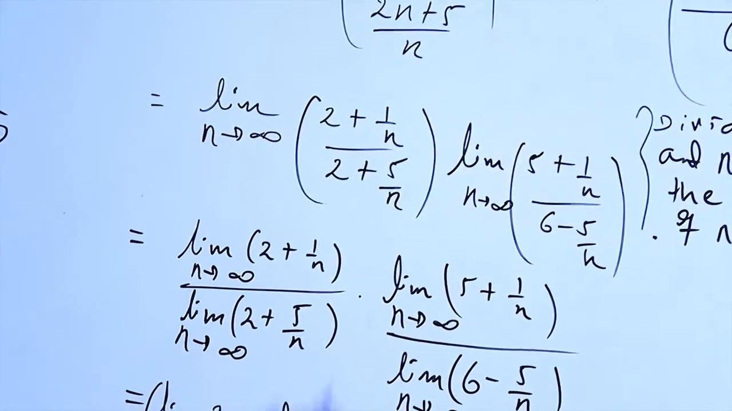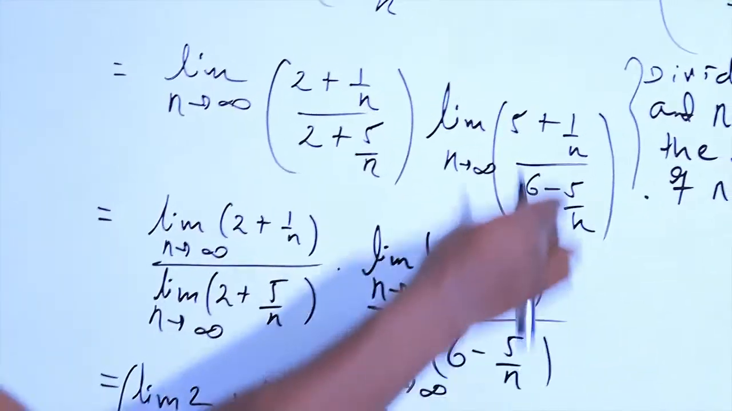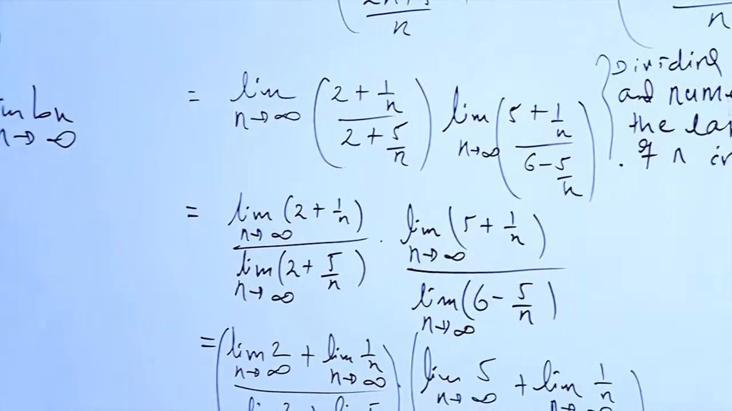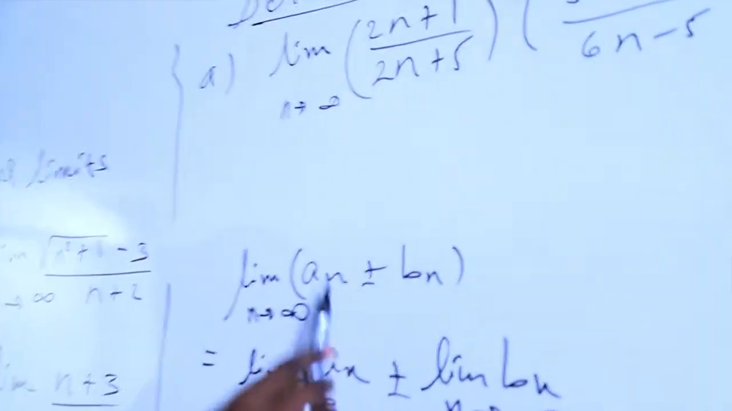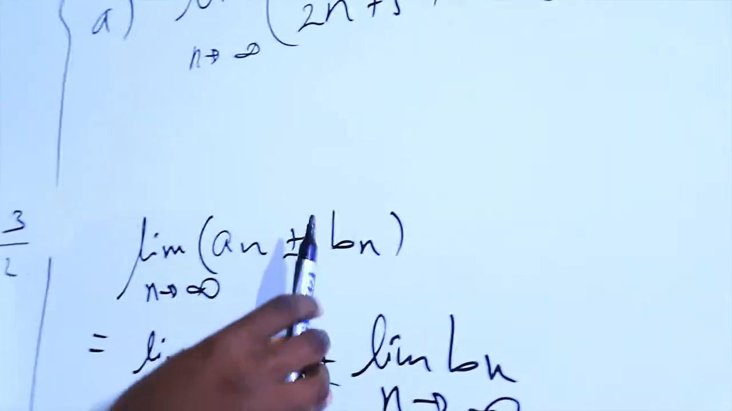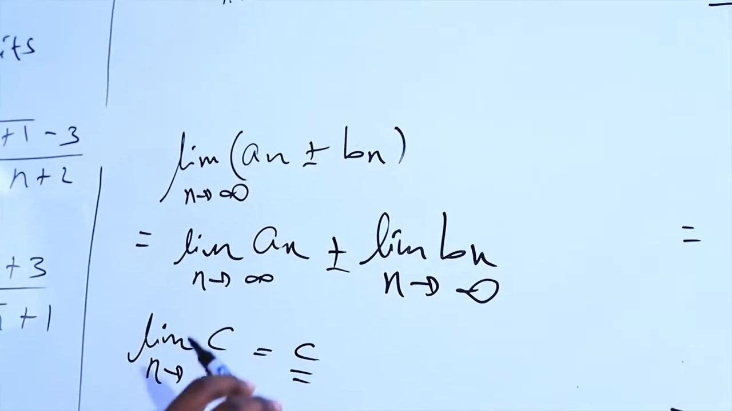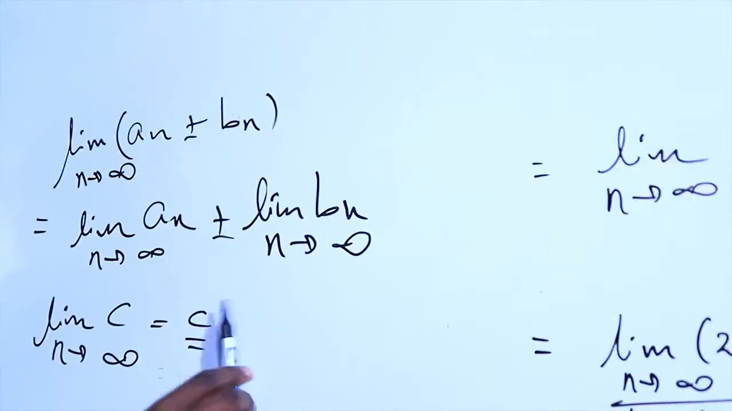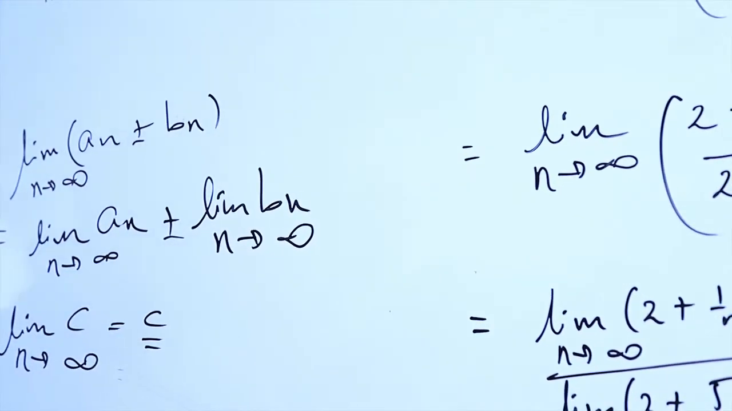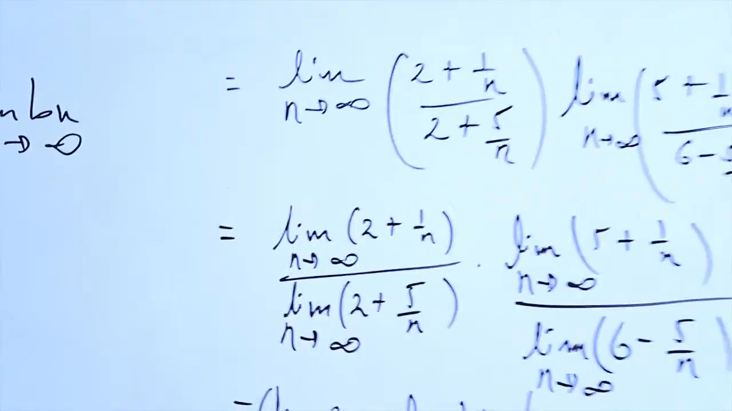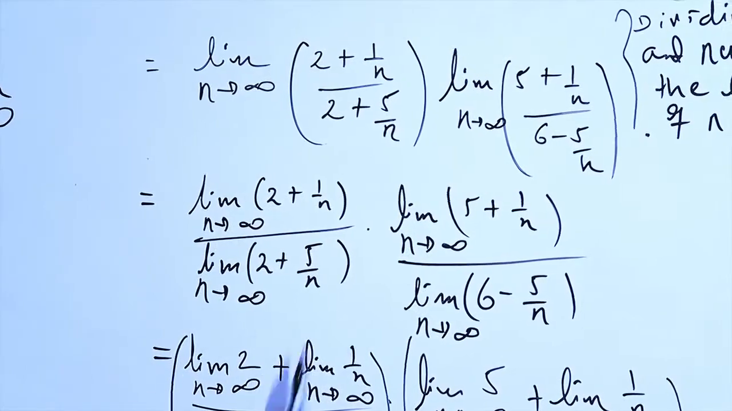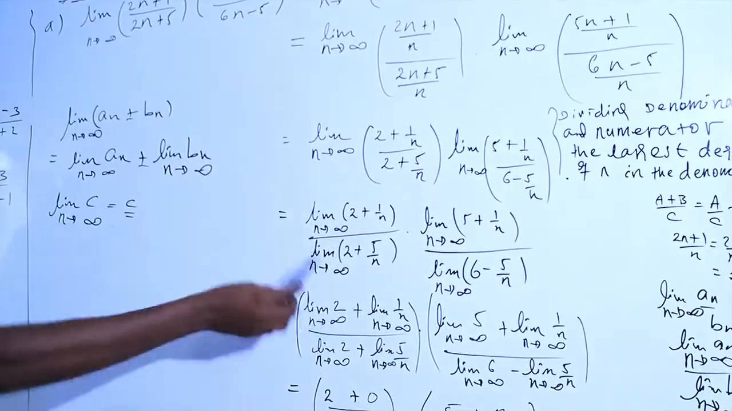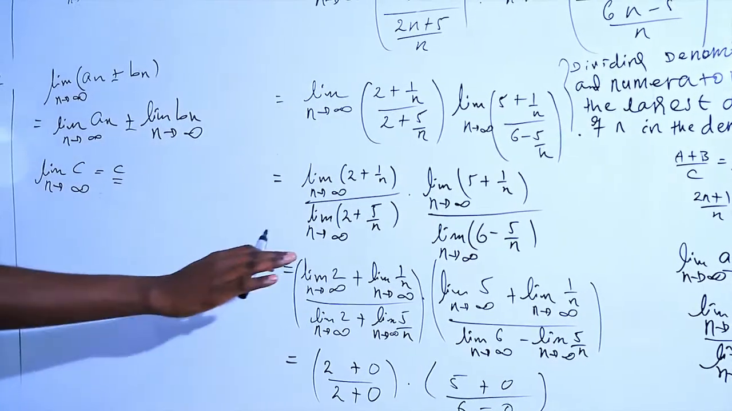Times the same fashion. Now here, the formula we used is the limit of an plus or minus bn, two sequences in addition, as n tends to infinity, is exactly equal to the limit of an as n tends to infinity plus the limit of the sequence bn when n tends to infinity; if it is minus, it should be minus. So the limit of 2 plus 1 over n changes to the limit of 2 plus the limit of 1 over n. Every term is in the same fashion, but you must remember that for any constant sequence